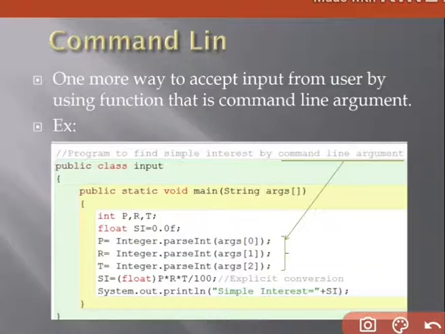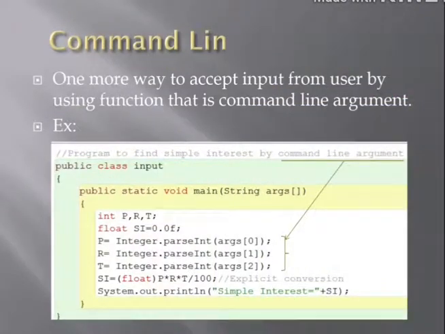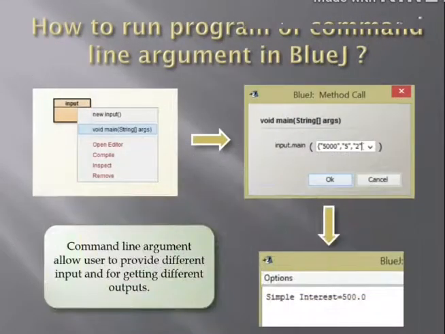Class 10th basically know all these things, but class 9 didn't know. Command line argument provides us different kinds of values, and then after getting these values, we are placing them the same way. See, we are placing our values and finding out simple interest, and the same way we have to run our program.